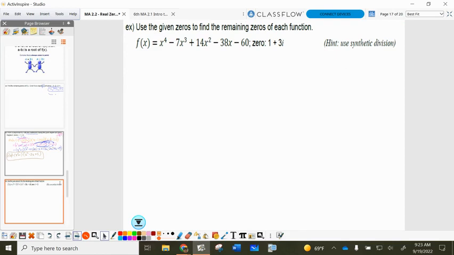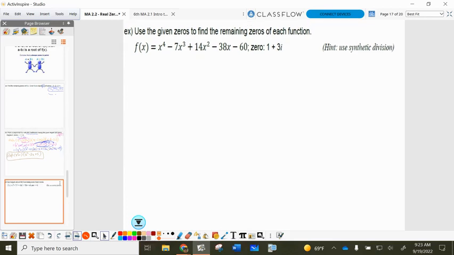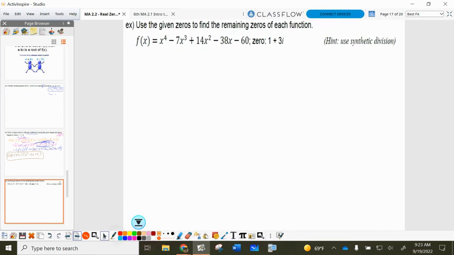All right, so it says use the given zeros to find the remaining zeros of each function. Now they gave us a hint here, and it's just because I want to show a different term. So the hint is to use synthetic division. Now we wouldn't have to use synthetic division. We've got zeros at 1 plus 3i, use the given zeros to find the remaining zeros. Which means we also have to have a root at 1 minus 3i,